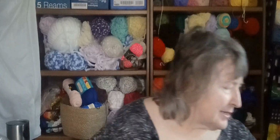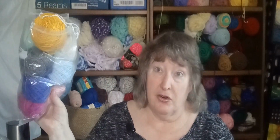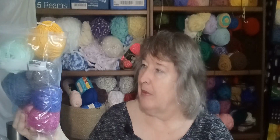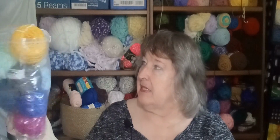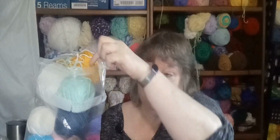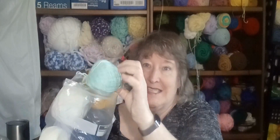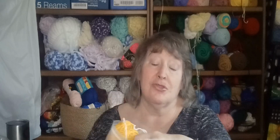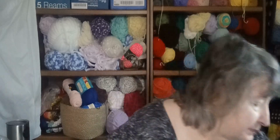Let me check something. Well, this is my bag of yarn. I can put a picture of the caked yarn up there. That's neater. You'll be able to see the bed. But there is some green worsted weight in there. I could make a butter lamb or two with my